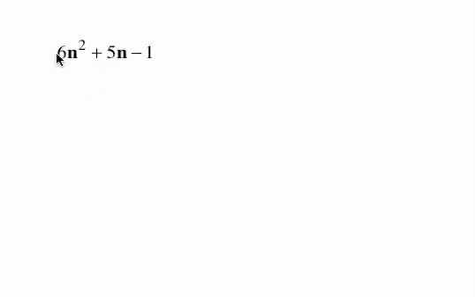Then you want to look to see if it's a perfect square trinomial. We see it has 3 terms, so it's a trinomial. Is it a perfect square trinomial? It's not. Is it an a equals 1? It's not. So we're stuck using the a is not equal to 1 polynomial factoring method, which we call decomposition